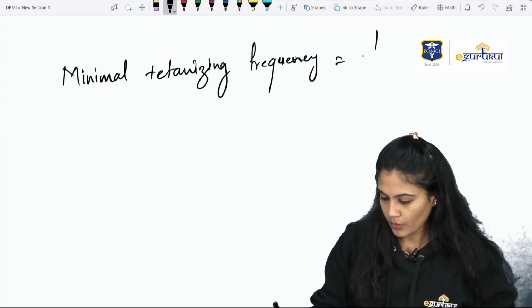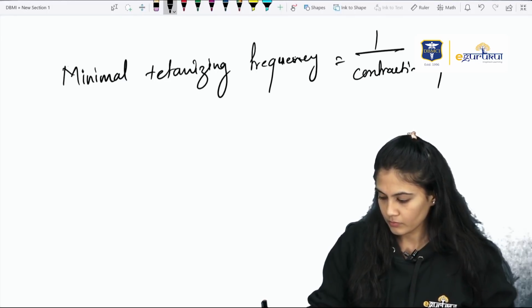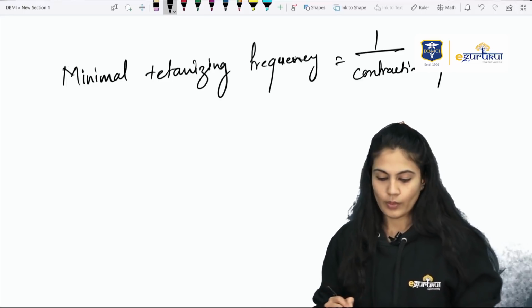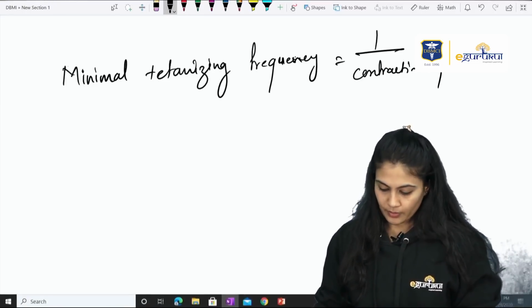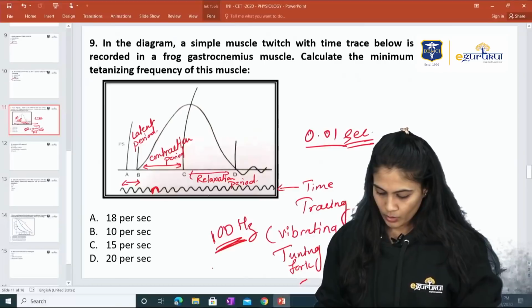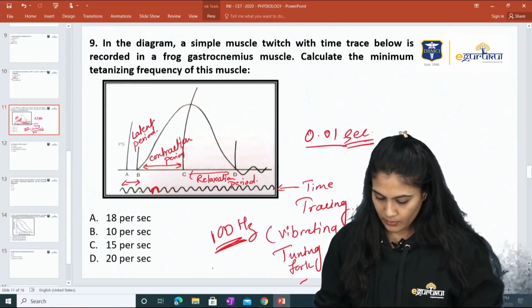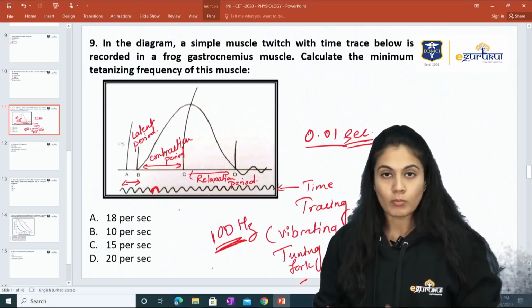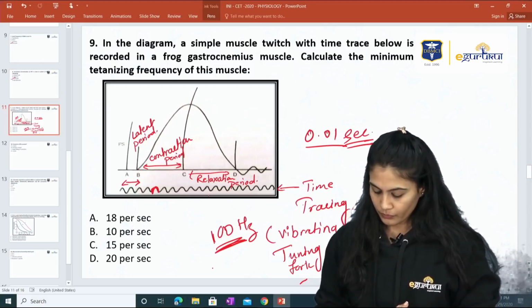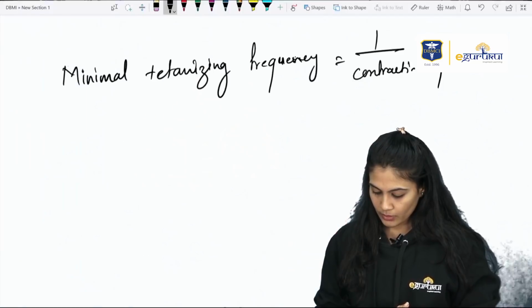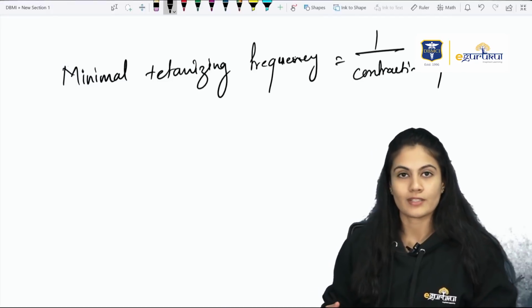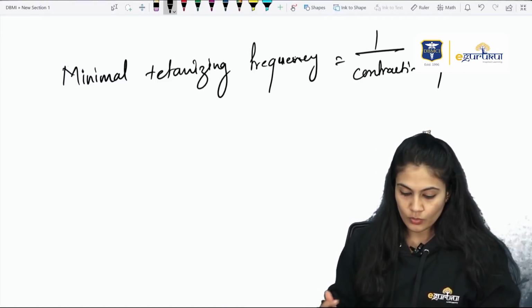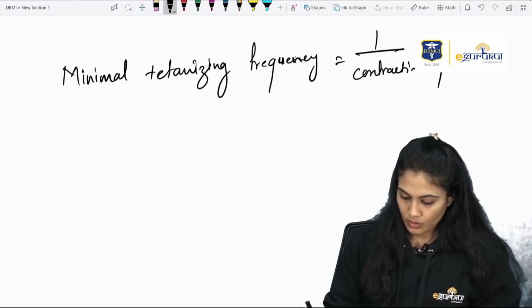is equal to 1 upon contraction period, right? 1 upon contraction period. So over here the contraction period is almost 5 waves. One can take 6 also, but 6 will give us 100 upon 6, almost 16.6, but that is not an option. So we will take a 5, that is 1 upon